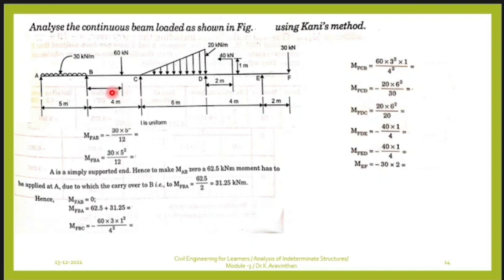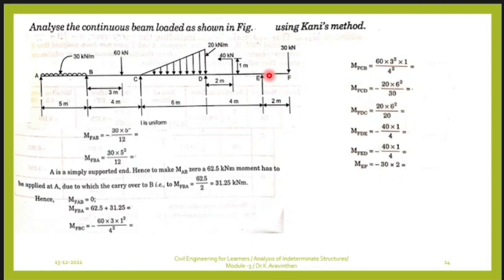And also in the moment distribution method, see how many joints are here. Let us take an example of the moment distribution method. If this problem has to be solved by the moment distribution method, how many distribution factors will be there? At joints B, C, D and E. So at all 4 points you will be having distribution factors. Why? Because each of these joints has 2 members. And your tabular column will be much wider than what you expect. Whatever problems you have solved were nearly 3 columns wide, and you could solve them.